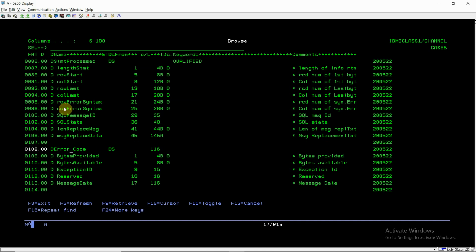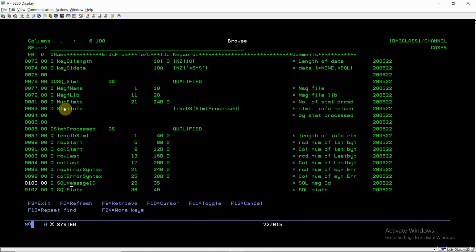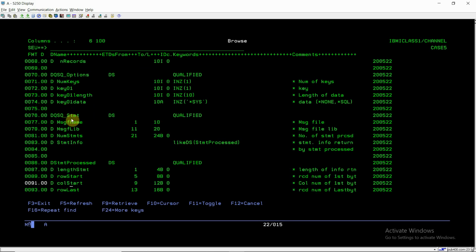And this is the error code DS, which has bytes provided, bytes available, exception ID, reserved, and message data. So the error code DS and this QSQ_STATEMENT, which has the statement info sub DS, are different in themselves.